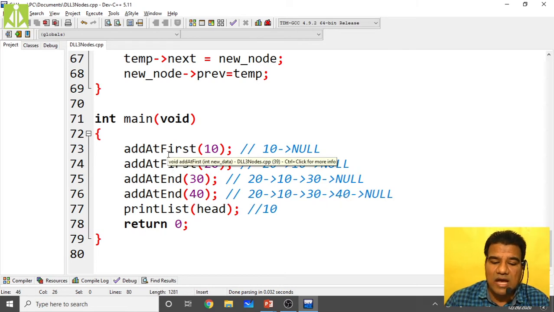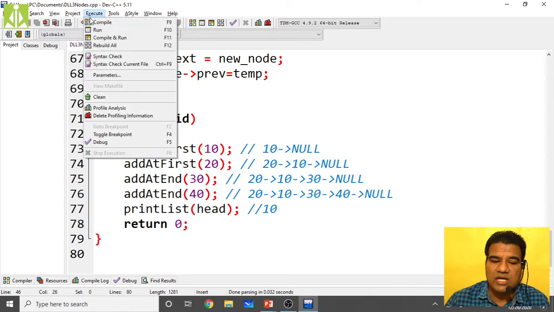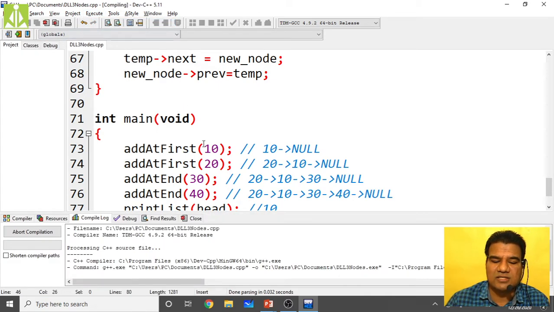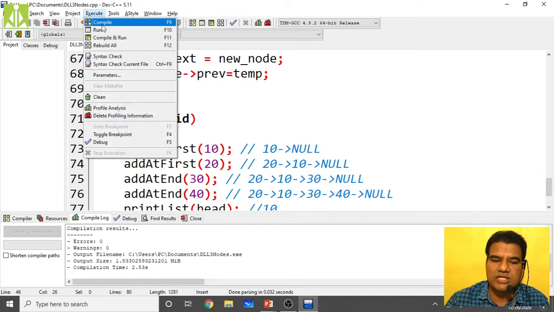Now see, two insertion operations, inserting the newly created node at the beginning of the doubly linked list. Then two insertion operations, inserting the newly created node at the end of the doubly linked list. Then we are performing the print list operation, that is nothing but the traversal operation. And as I said, we can perform the traversal in both directions, forward as well as in reverse direction. This is what we got in yesterday's class, without any syntactical errors, but with one logical error.